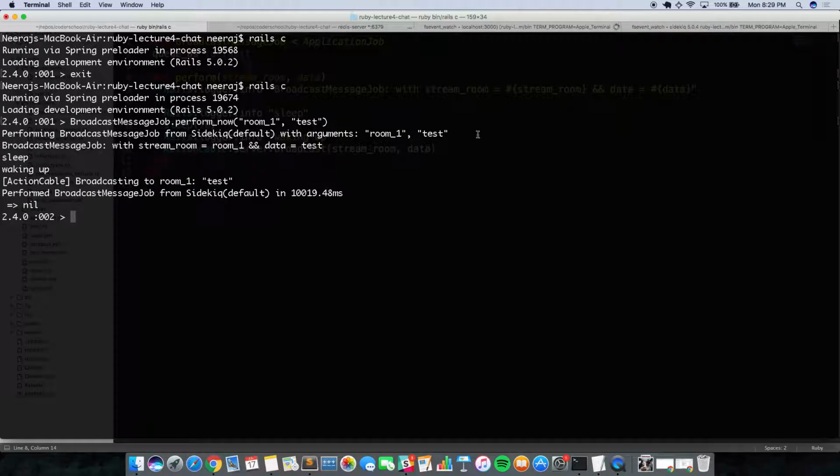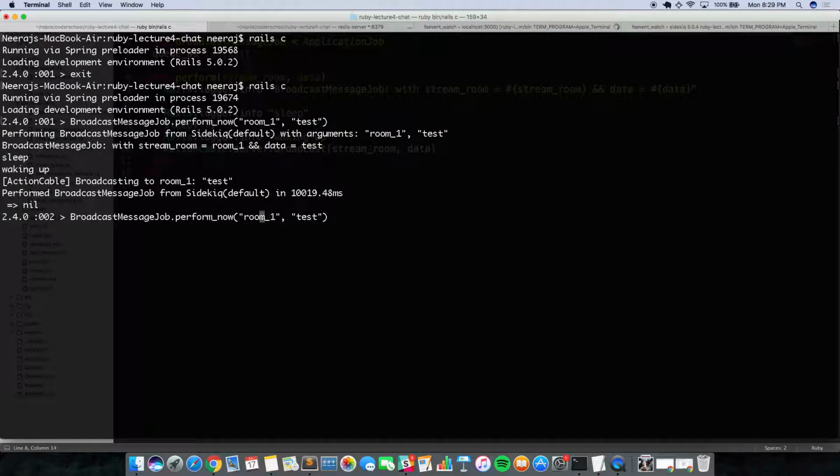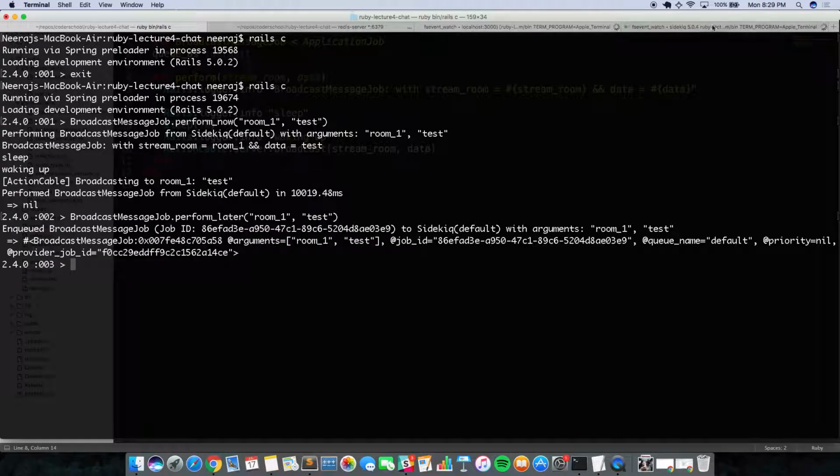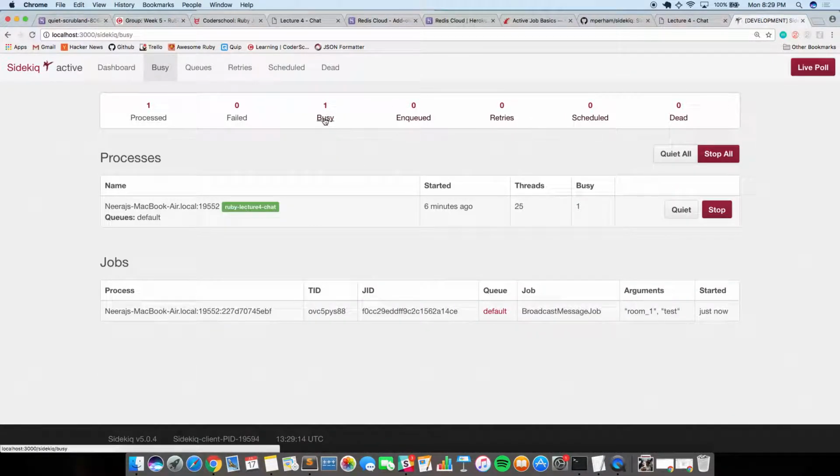Oh, so it won't actually go through this. Oh, you're right. We'll go through the Sidekiq client because it handles it right away. So maybe if we call perform later. Already finished. There we go. So now the job is running down here. So you can see the job. You can see the arguments,